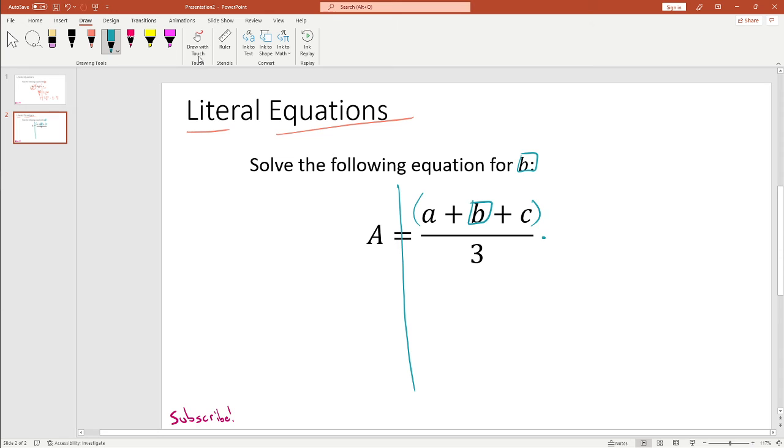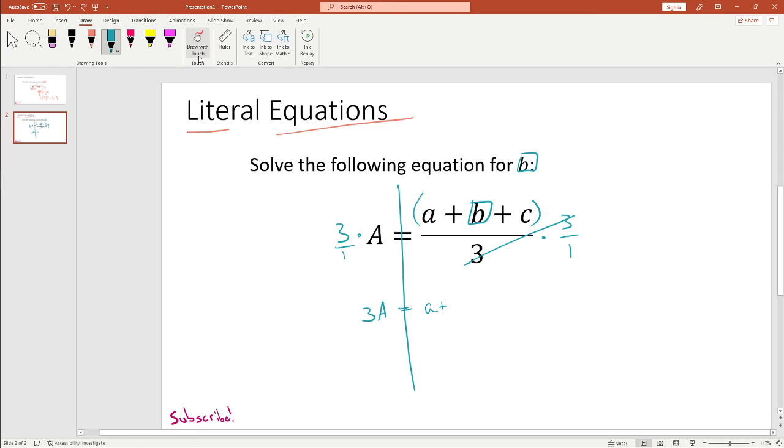So the opposite of dividing by 3 would be to multiply by 3, because I know that dividing and multiplying are inverses. Make sure you're also multiplying the other side by 3, and I get the new expression 3a on the left, and then a plus b plus